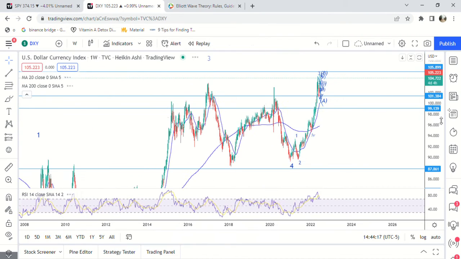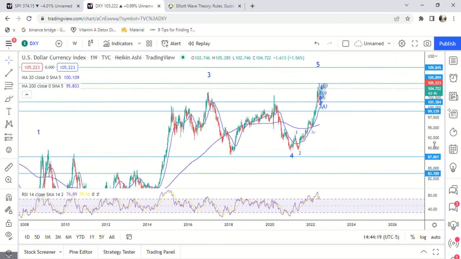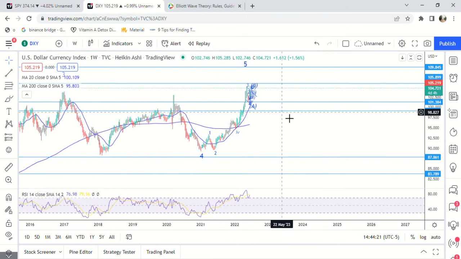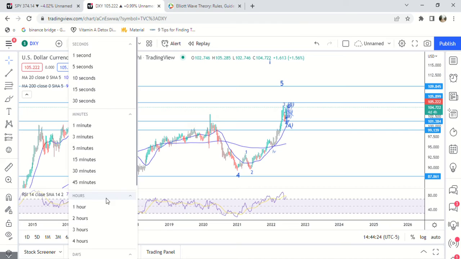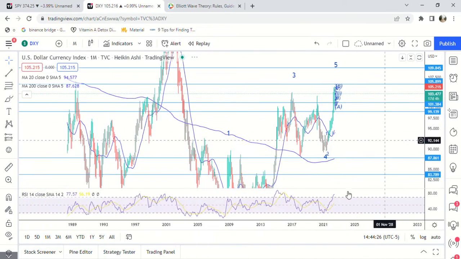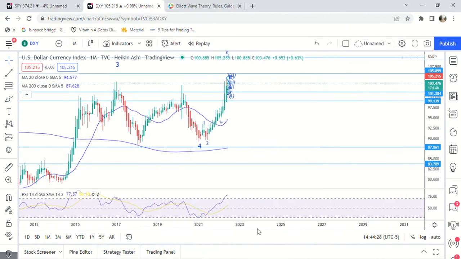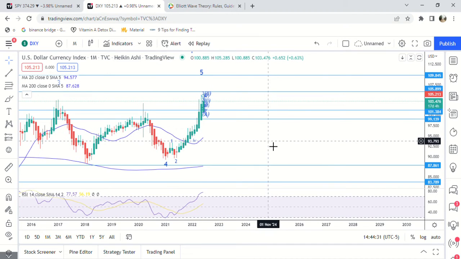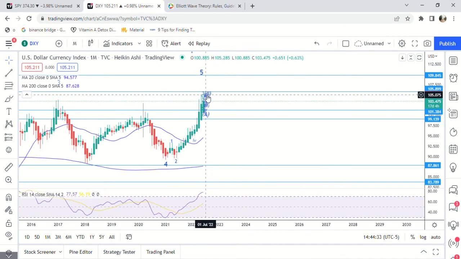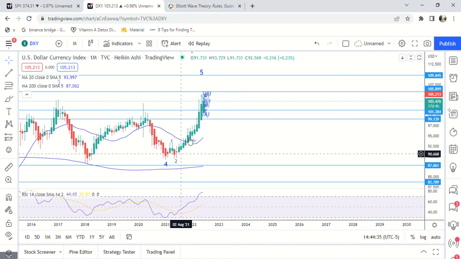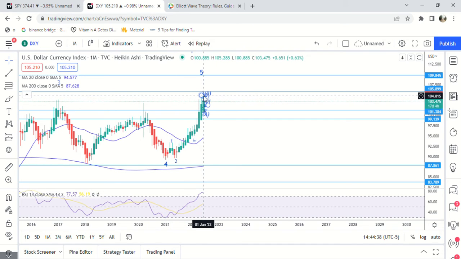The dollar is pretty complicated because you have to zoom all the way out to 2008, and then you have to zoom all the way in to figure it out. But if you also look at the monthly chart, you can see that if it is a third wave, it hasn't even started the fourth wave yet. We've had 1, 2, 3. But if it were to fall to 99 or 100 here within the next 17 days, then you definitely see a red bar, which would qualify as